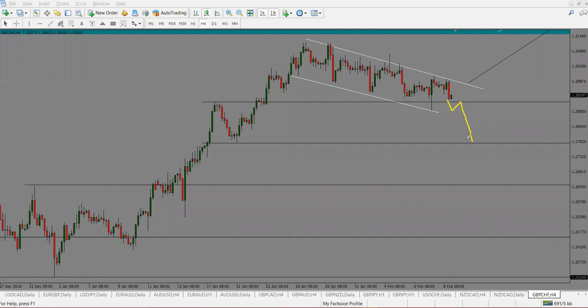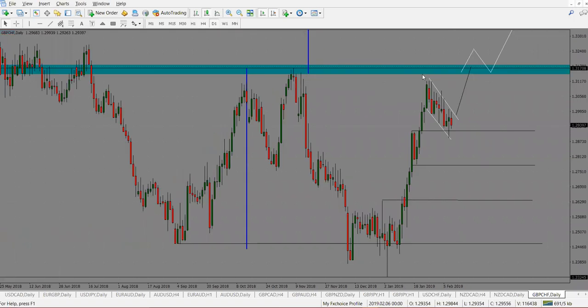Then if it continues to the downside again, another good one. All the levels are created for you as well. But you know how it is. Sometimes you may just come here and then bounce back to the top before continuing to the downside. Whatever play it does, we're still going to trade it because the levels have been created. So recap, this is what I'm looking for, the upside because of that